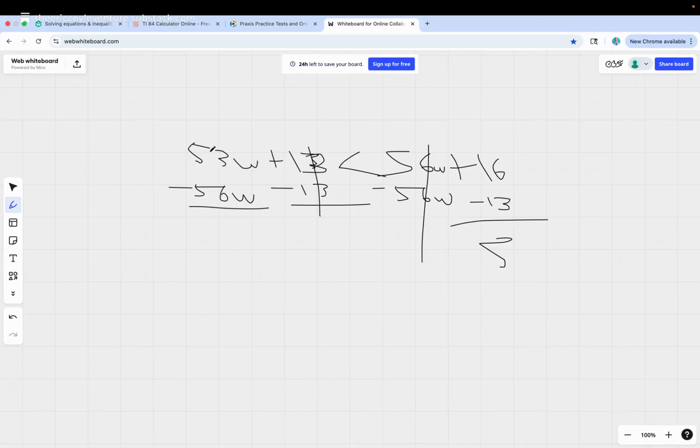Okay. So now you have minus 3W equals, and that was a 3. So we'll just bring that right there. Okay, now I'm going to divide by 3. See if I can remember this. All right, since I'm dividing by a negative on both sides, I've got to flip this sign. So the ultimate answer should be